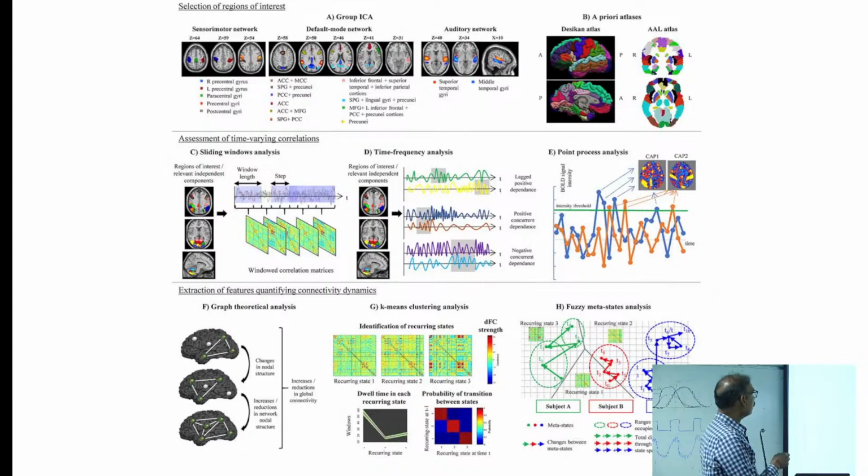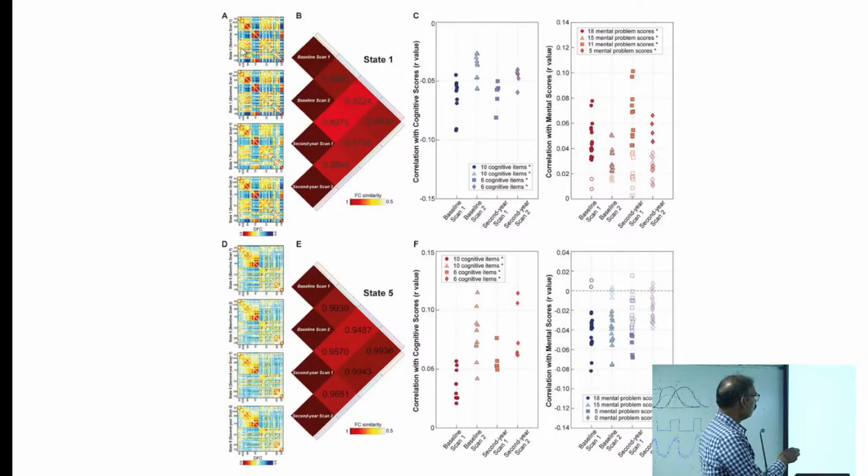And again, we have these correlation matrices. DFC is dynamic functional connectivity. Some call it dynamic, some call it time varying, but it means the same. Then you can generate how the connections are for different brain states. For different brain regions, the connection is like this. For state 1, and for state 5, the connection is this. And this is how the correlation looks.